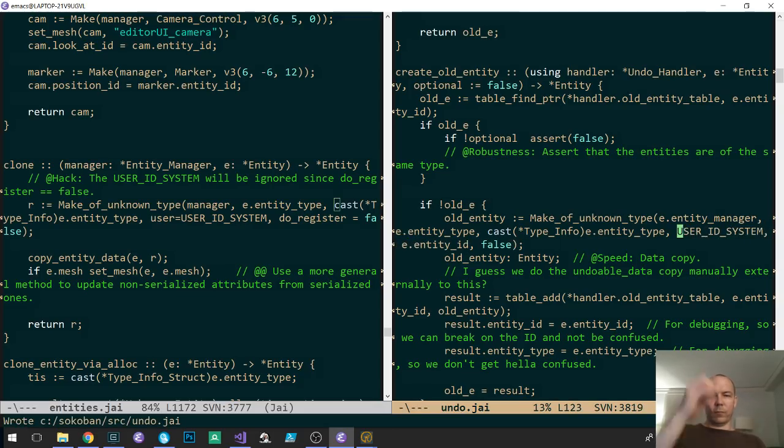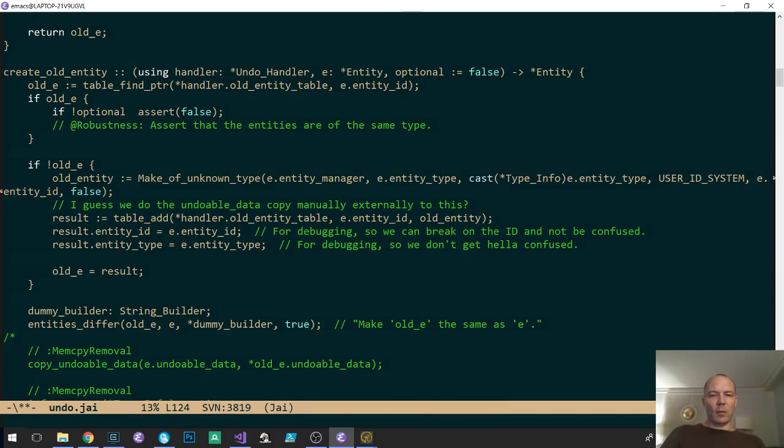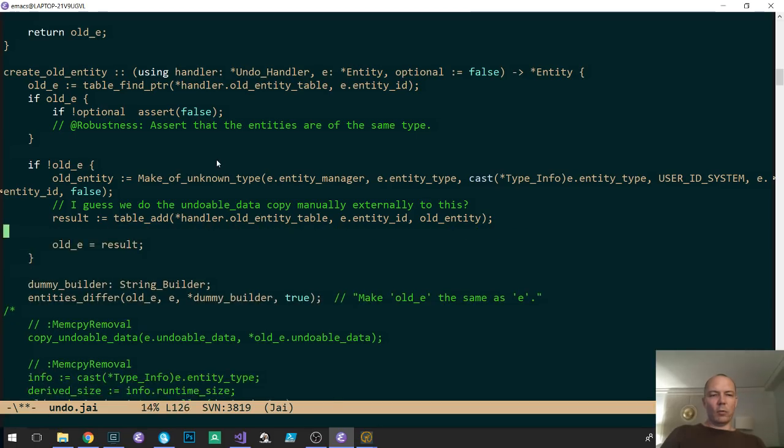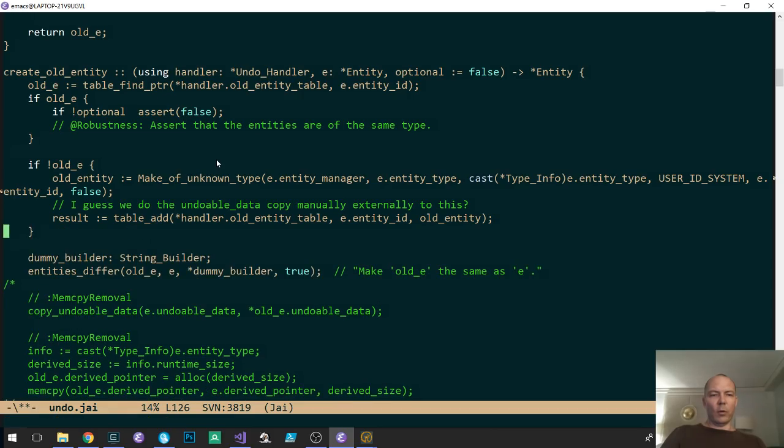Okay. So we do that, and then that means that this hash table, so we don't do these anymore, and we don't do this, and we don't even need to check the return value of table add,